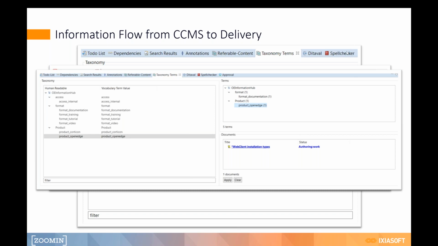But the process for assigning these terms to a topic or a map is exactly the same. I have the document here in the lower right corner. I've chosen format documentation. From the format category, I've chosen product open edge. And notice that by assigning these two terms to it, I've actually assigned not only the term, but also its parent. So I'm actually assigning 4 terms here, and that makes sense because in a faceted search, if I only